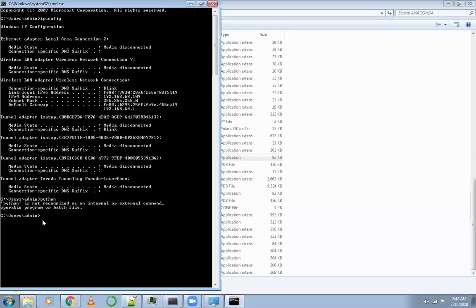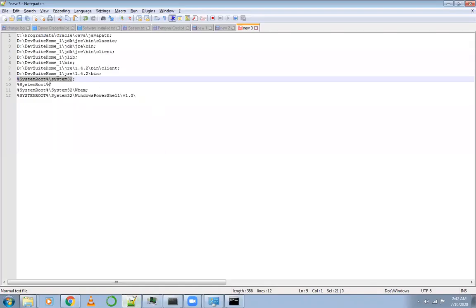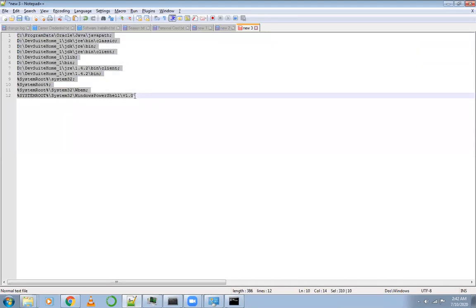Whereas the Python command, we are not able to run it successfully in command prompt because Anaconda directory path is not there in system path by default.